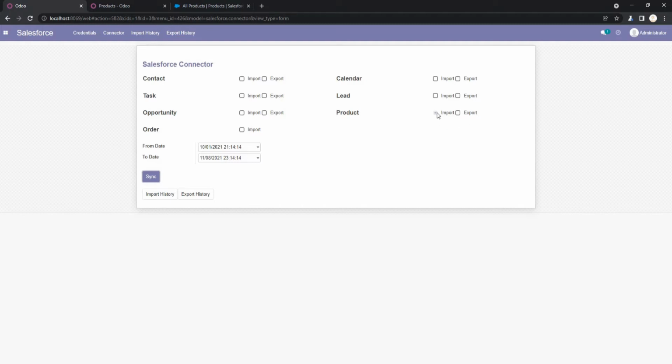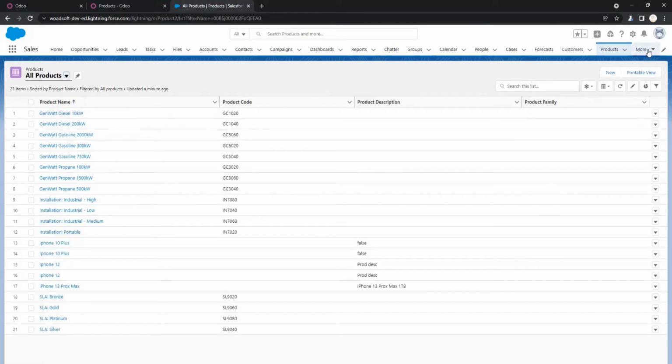Okay, so we will move to the last one, which is the orders. It has only one operation, which is the import operation. Okay, so we will create an order from Salesforce and import into Odoo. So we will create a new order.